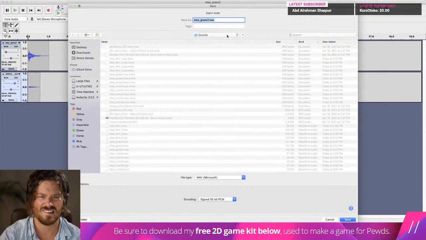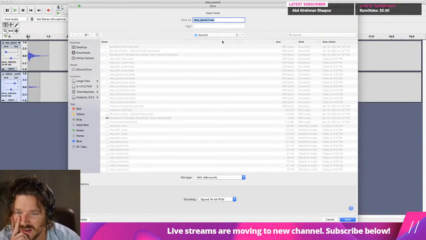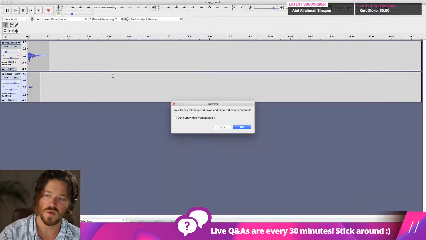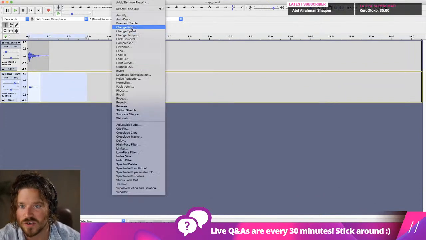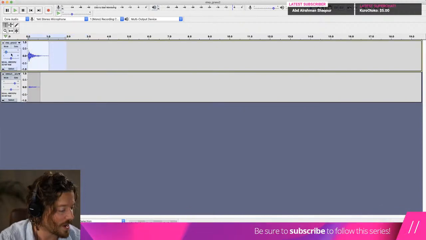Wait, what? What am I looking at? Something's going wrong. Oh, that's metadata. I was like, what am I looking at? So this is going to be called Grass Sound 2. Replace the file, and then what we're going to do is take this and drop the pitch down pretty low to about -15. This one we're going to go back up,